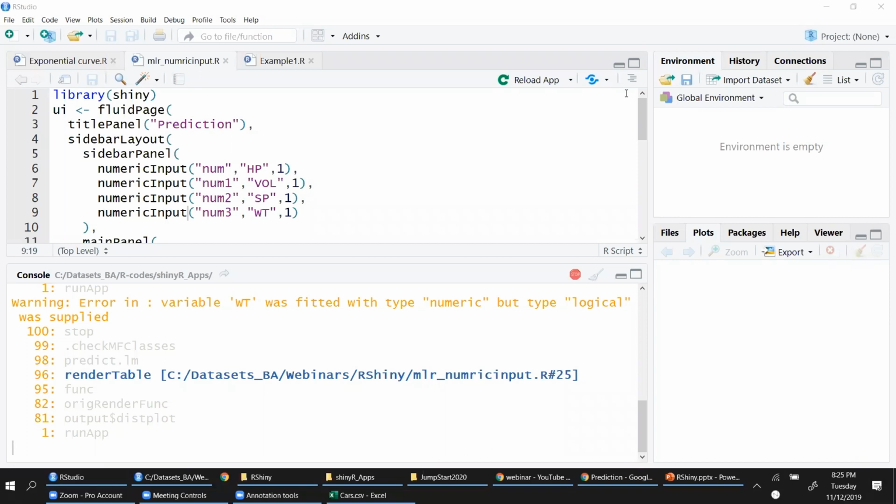If we give this app to the client, is it necessary that the client should also have all the data on which we made the model on the system in which they open this app? Not really required, because if you are deploying this on the cloud, shinyapps.io, which is basically a licensed version, then your data and all those things would be available on the cloud, and your client would only have the solution, the URL.